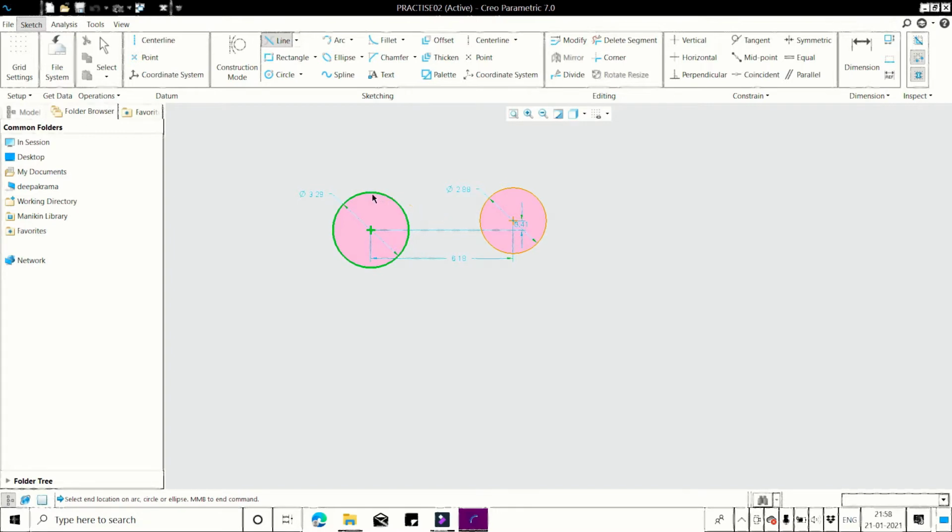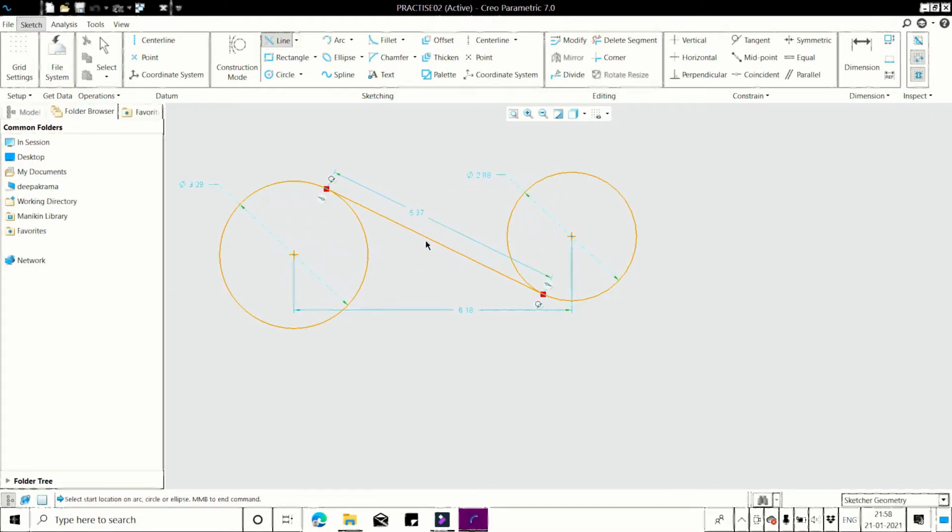Click on the circle circumference and click on another circle circumference. So here the line will be tangentially connected to both of these circles. This is how the line tangent tool is used.